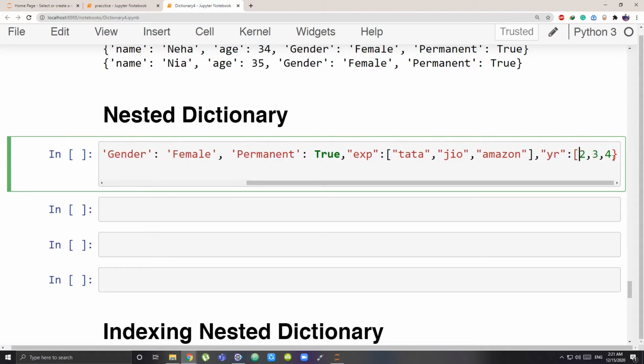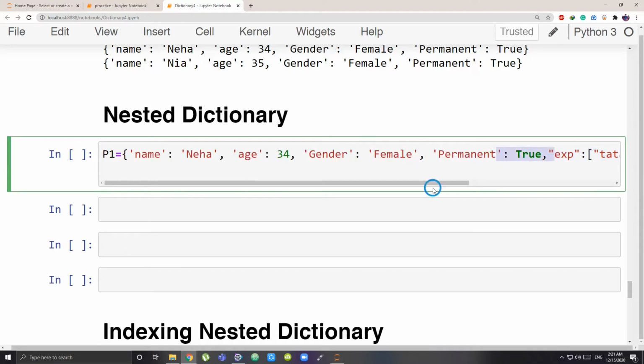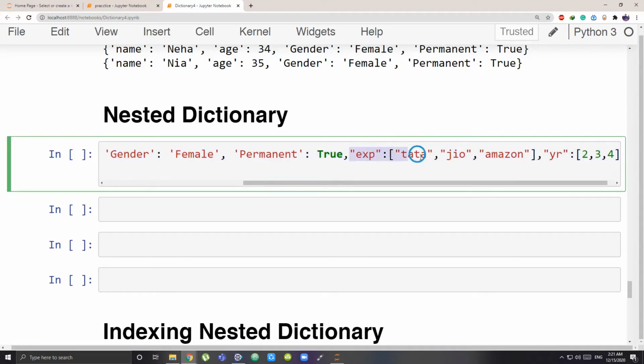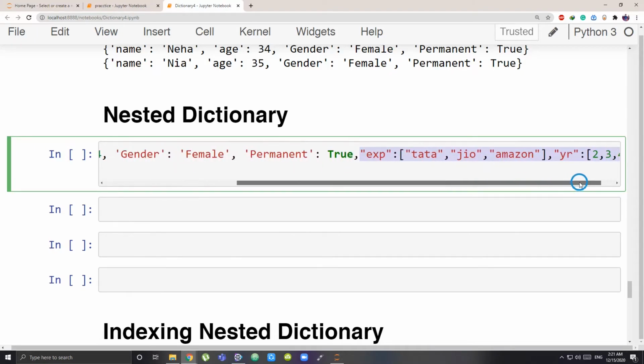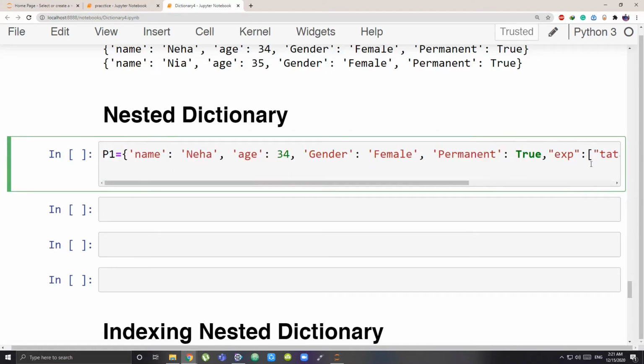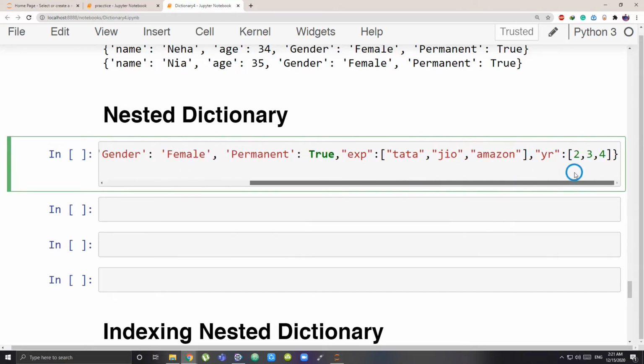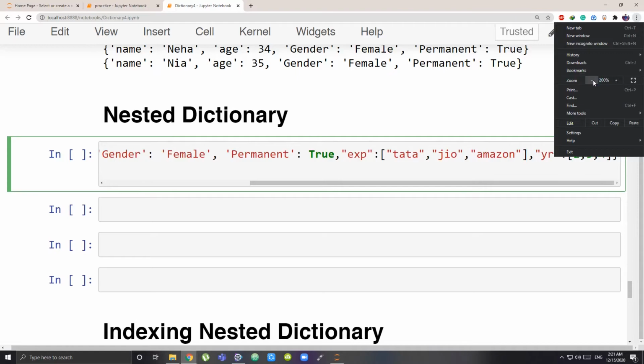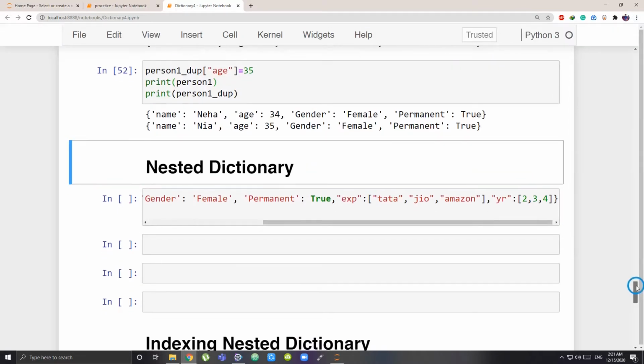This way I will have to have another list. What I'm having for this experience only is a list of all the places where that person worked and how many years that person worked. For that I have to have another key. So that's not going to be a good task, right? What I'll do is make things simple for me by simply having a dictionary.